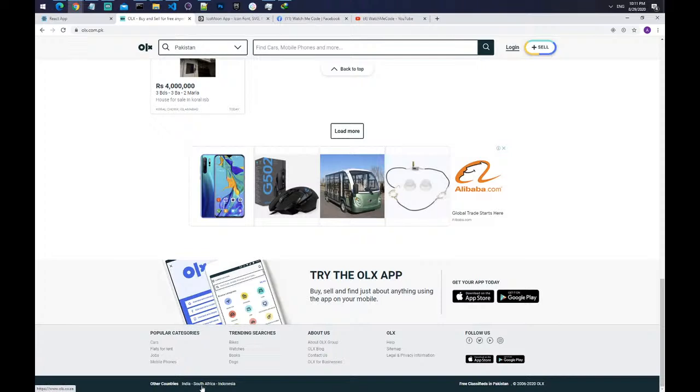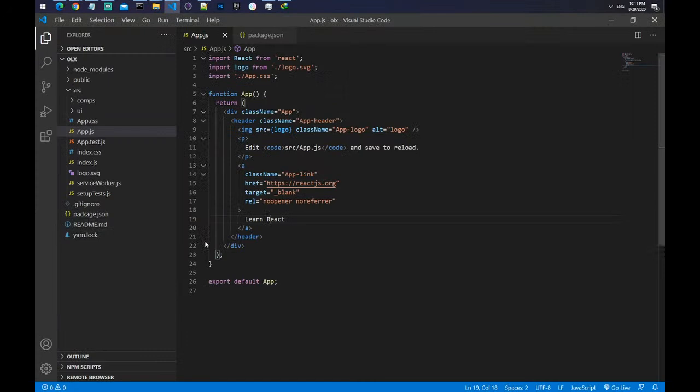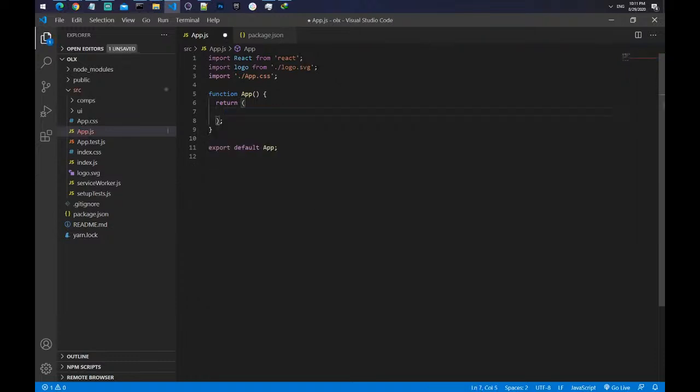If you see on the bottom left corner, it has other countries like South Africa, Indonesia, and all that. Perfect. So let's get started. I'll quickly go back inside the app and just remove all this, I don't need this one. So let's import